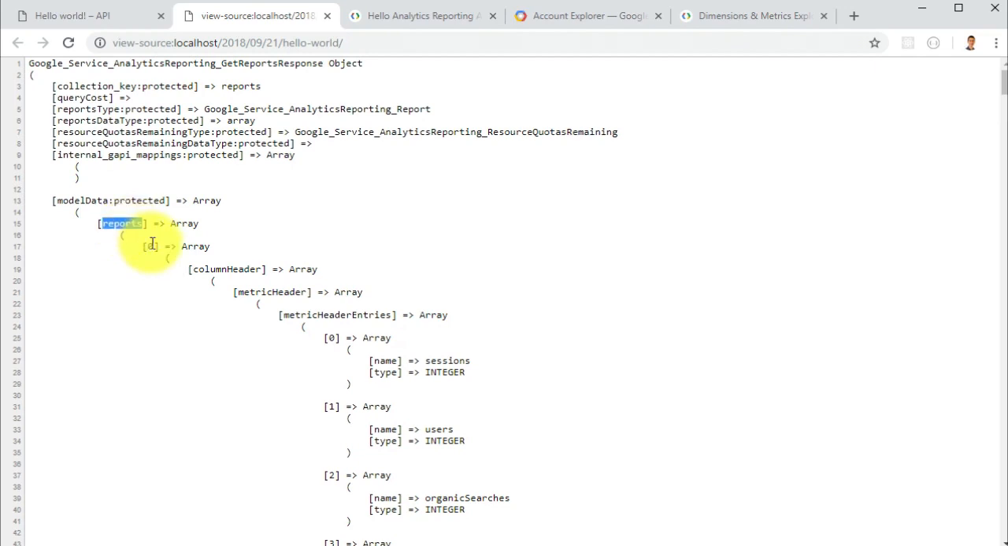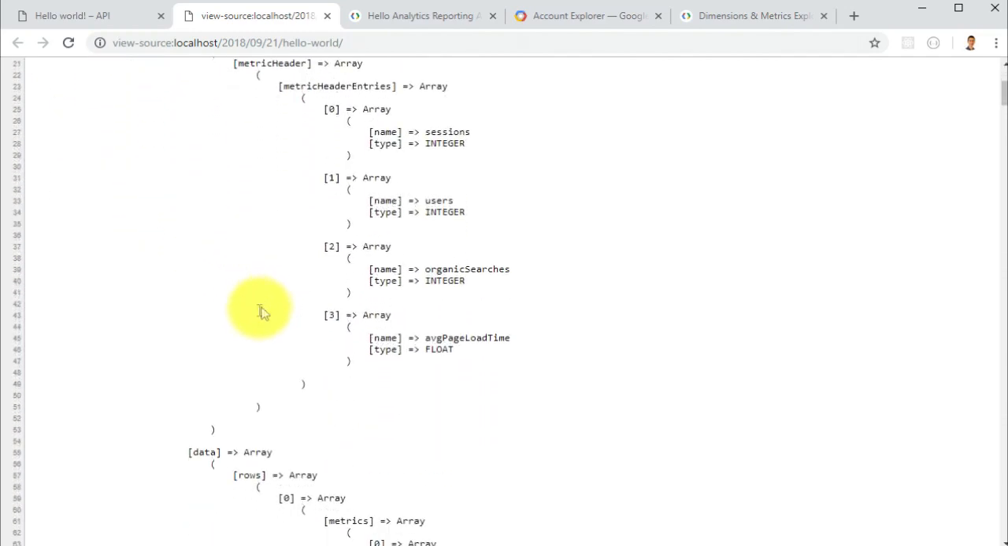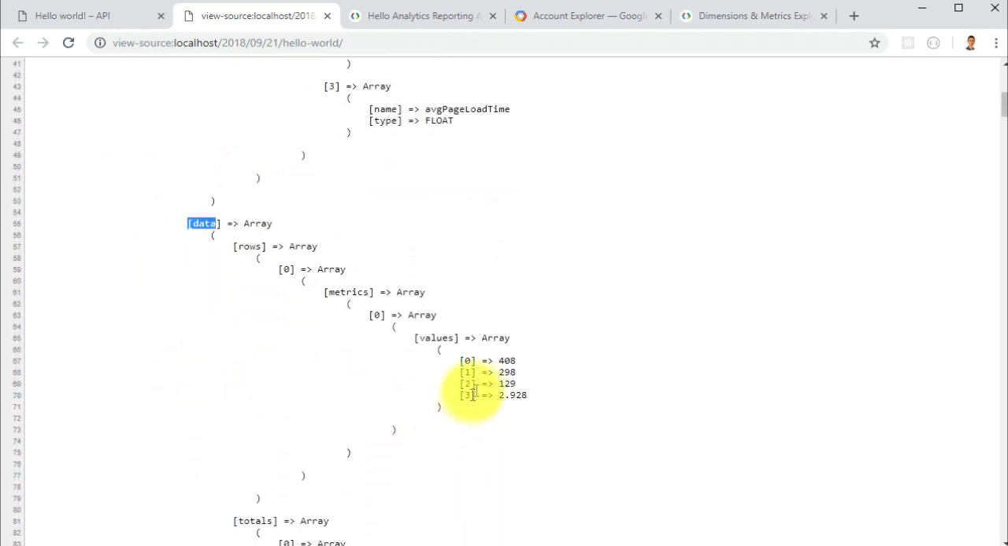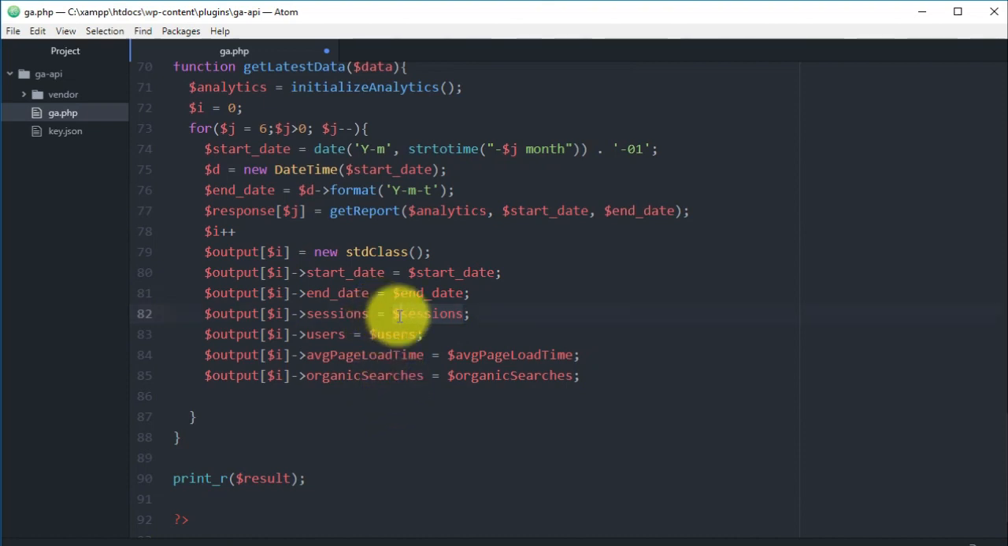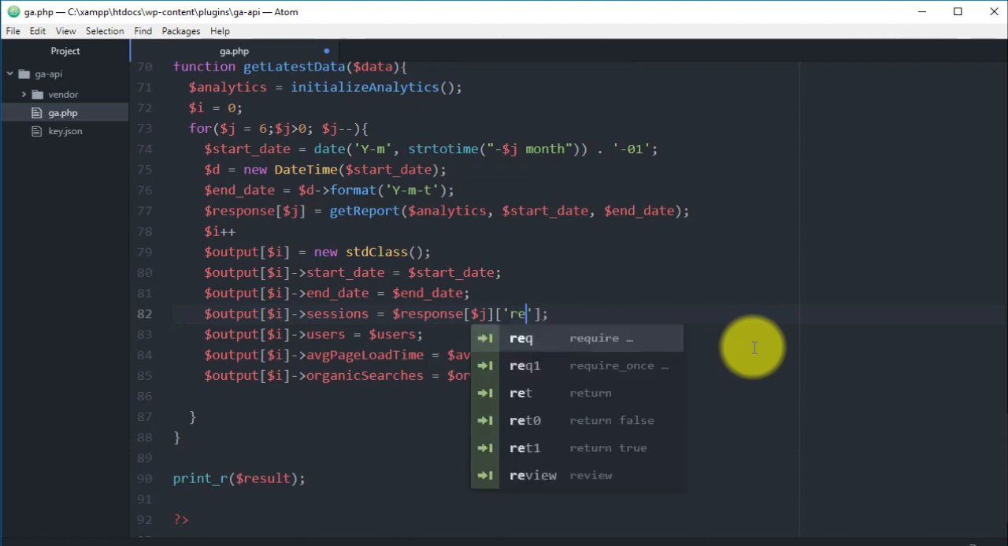And then 0 here, and then we need to go to data, which is here, and then just pull all the data from here. So we should follow all these steps. So here, wherever we have the session, it needs to be response, and J, and then we will have reports,